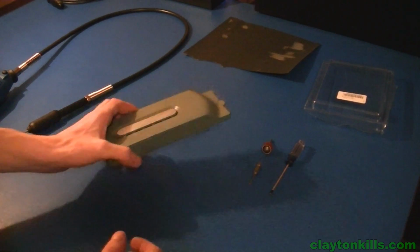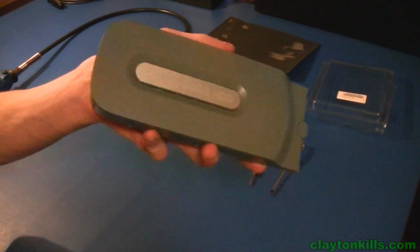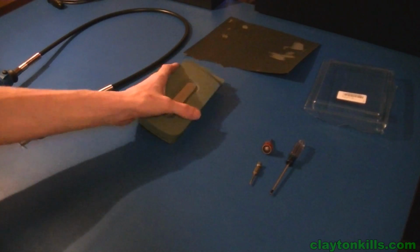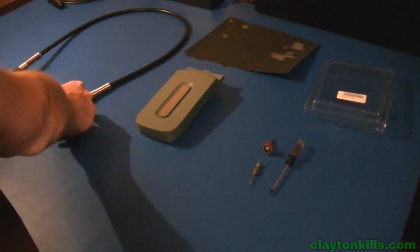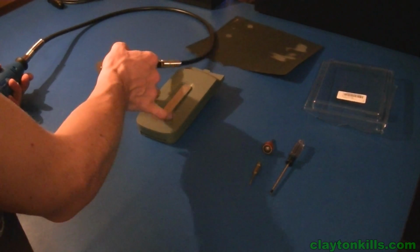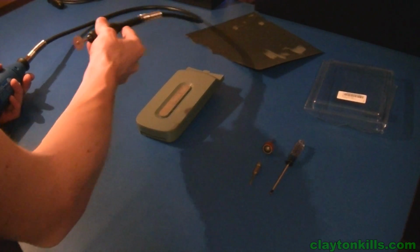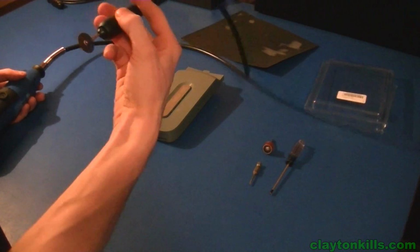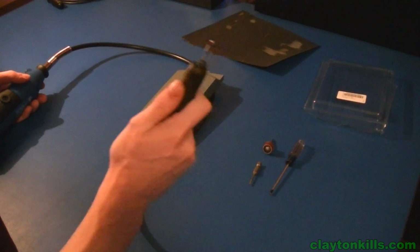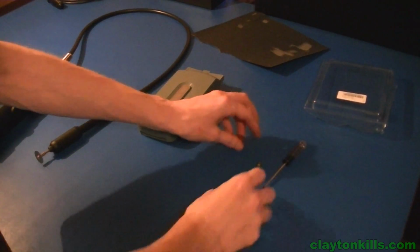So what we're going to need to do this is a hard drive for the older fat version of the Xbox 360. And you're going to need a Dremel tool or some type of cutting tool so that you can cut out this part, as well as cut a little piece of plastic that's also in there. As you can see, I just have a cutting bit on the end. And you're also going to want